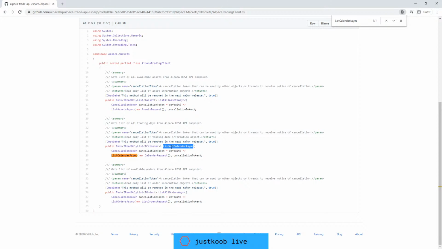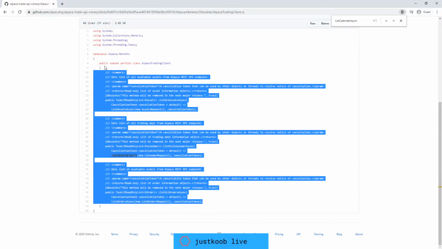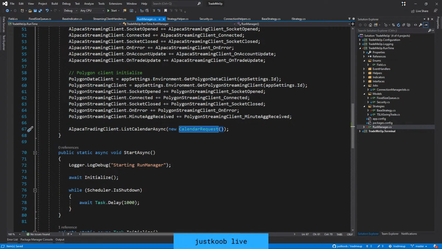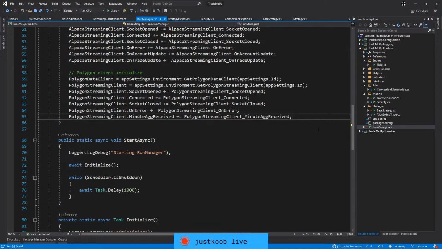List all calendar async. So it just exposes new calendar requests. That's the same thing. I wonder why they took that out. This message will be removed in the next major release. List all, so they removed all the list alls. I wonder why they removed those wrappers. Probably want to force people to not ping their server for so much data. But we still want all of it, so we are going to do that, and we're actually going to update